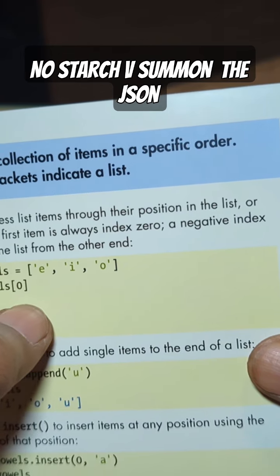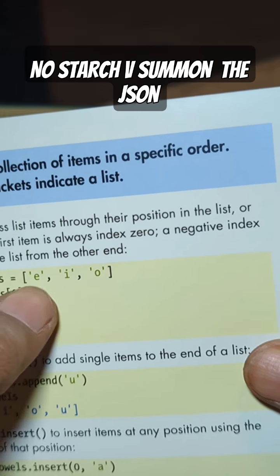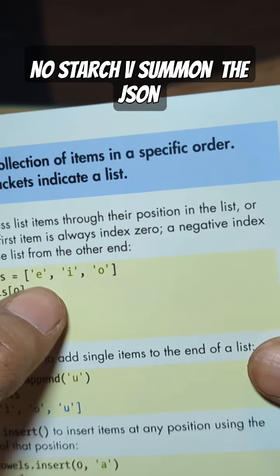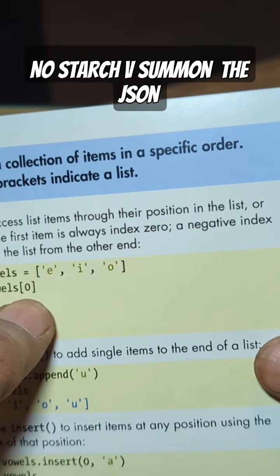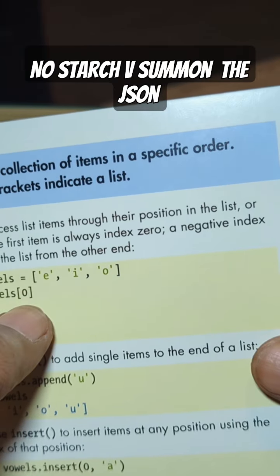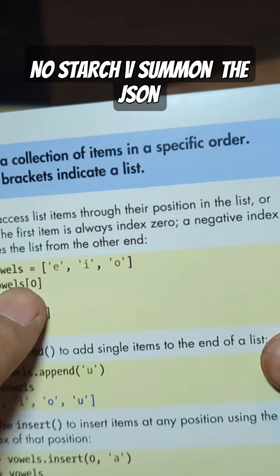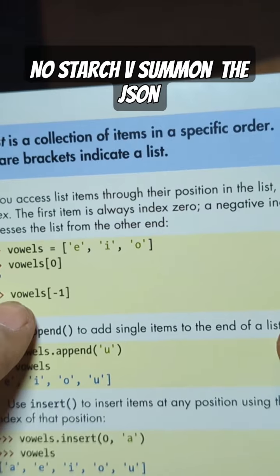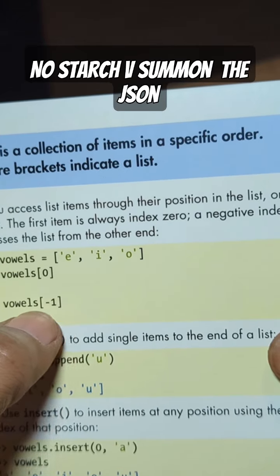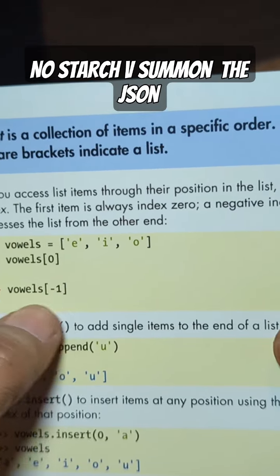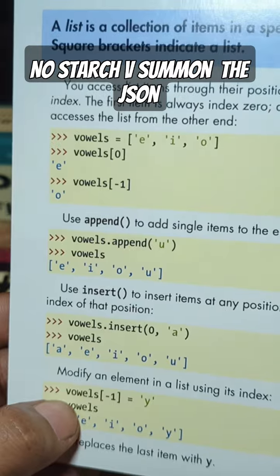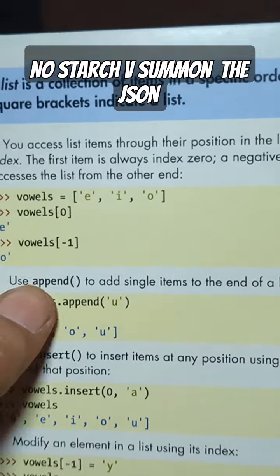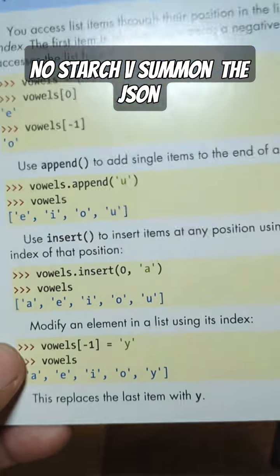Lists are 0 indexed, so they start with 0. So 0, 1, 2. There are 3 elements in this list. The first one is 0, and it would be E. So if you want the 0 element of that list, it would be E. If you want the -1 of that list, it would be O. And they show you how to run the append, the insert,